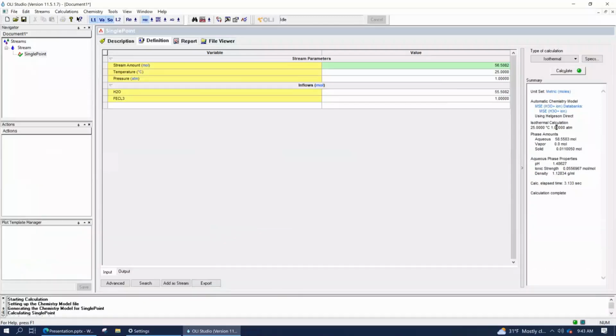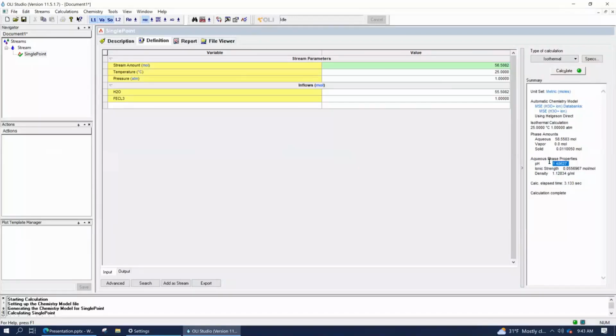Then if we look on the right-hand side here, generally what you do is you press the calculate button and you start looking in the summary section for results, because the summary section gives you a snapshot idea of what was computed. So here, for example, we find out that this composition had a pH of 1.5, and it had a solid phase as well as the water phase.